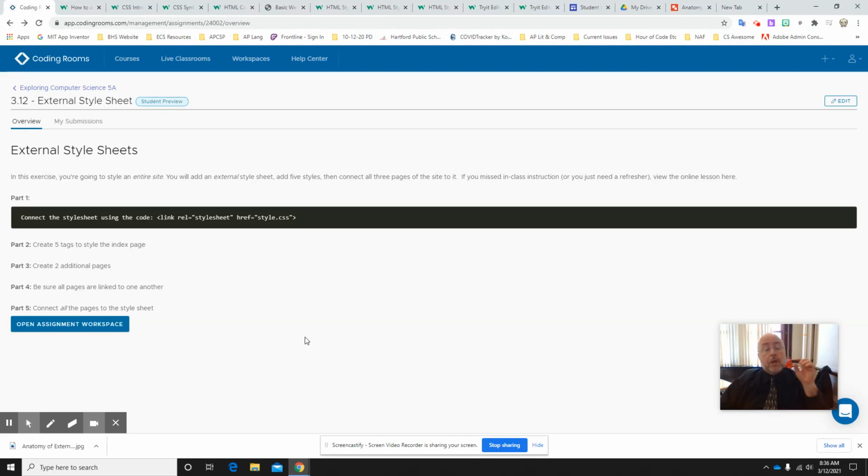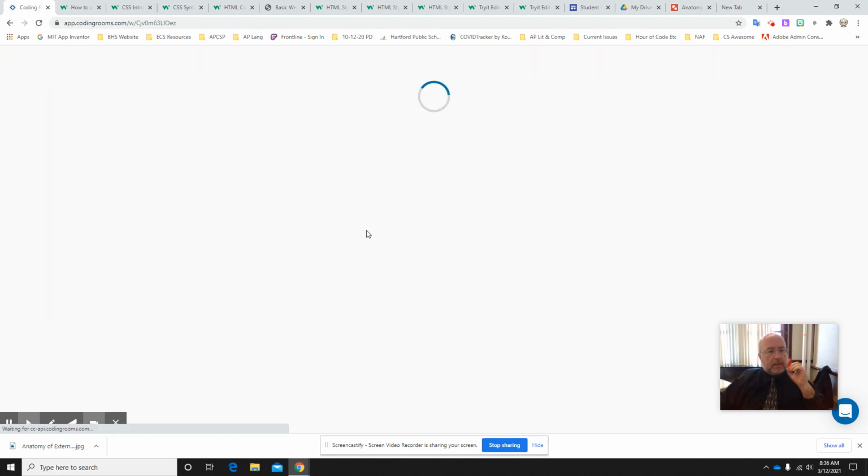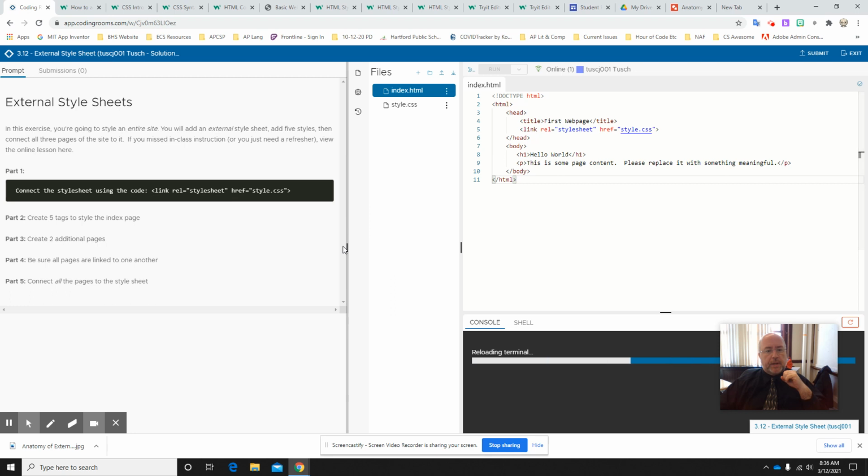External style sheets, probably the last of the super complex things that we're going to do. And after this, maybe one more lesson on lists, you are going to be rocking your entire website and the final hand-coded part of the project. And it's really cool because what happens here, let's open up the assignment workspace, is an external style sheet is